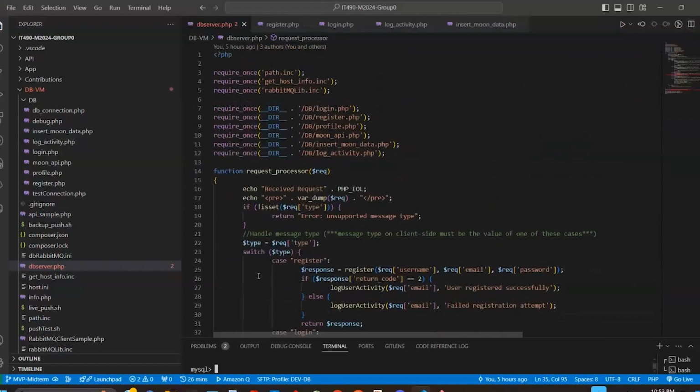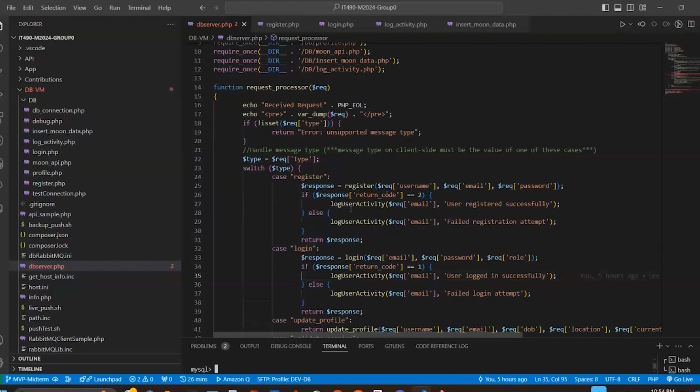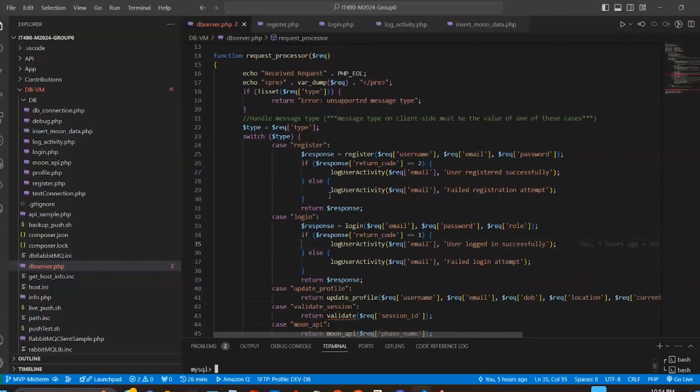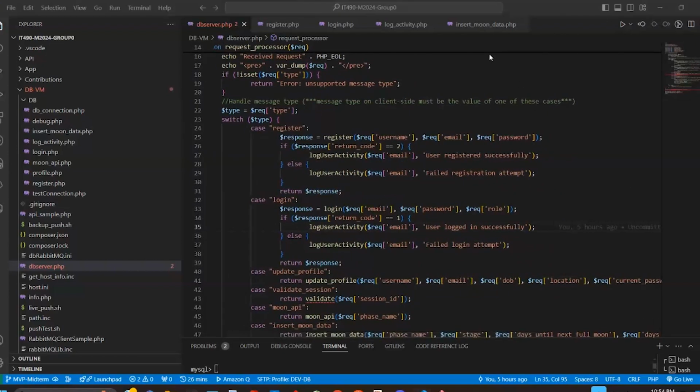message catching. So first it requires the usual MQ files, and it'll first request the files that handle the DB handling for login, the handling for register, profile, Moonapia stuff like that, and it'll specify the function call in the switch case where if the client set the type as, let's say, register, then the client will be sending data towards the